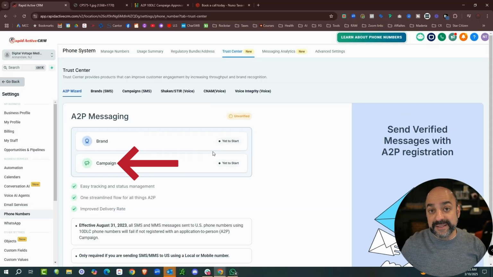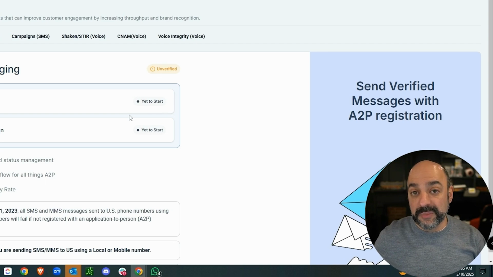Now, the campaign is the harder part. That's where they're going to check your website, your forms, your privacy policy, your terms of use and service. All of that is going to be checked by an actual human being. And this is also what goes back and gets rechecked if something didn't go the way it was supposed to. Make sure you fully understand that, because if you don't, you're going to fail campaign and probably do it over and over again. So just be very aware of that.